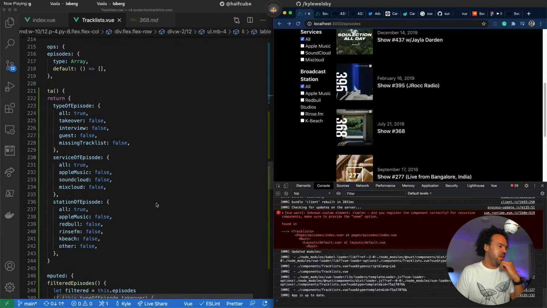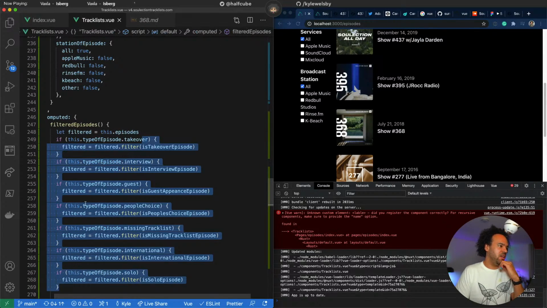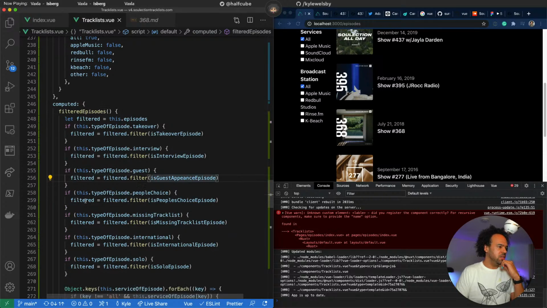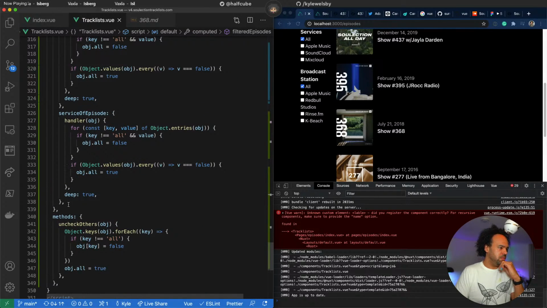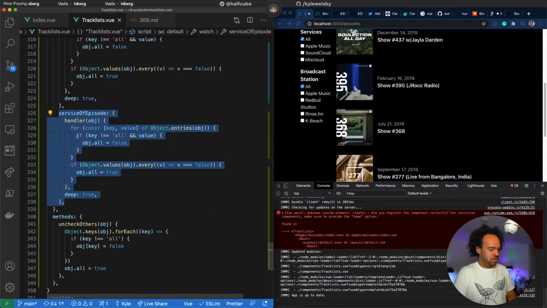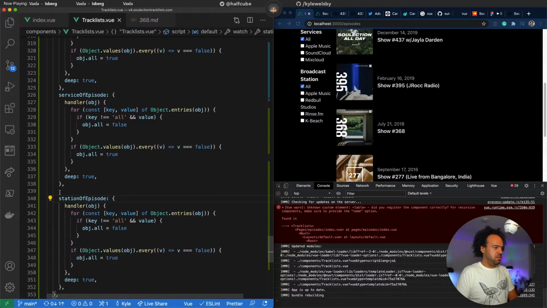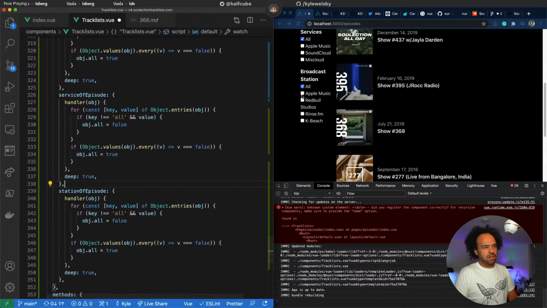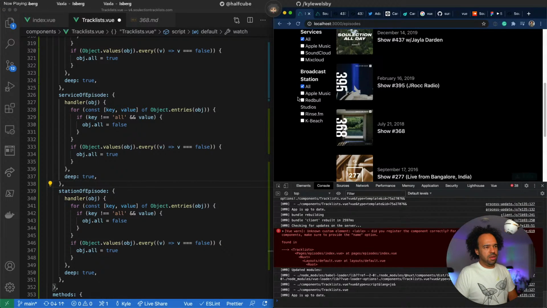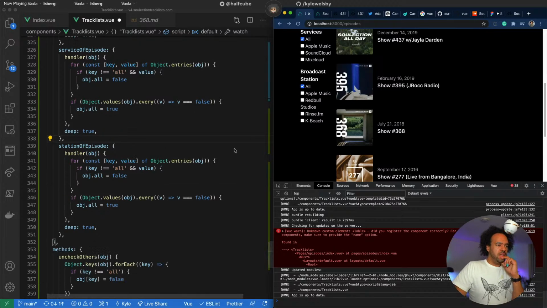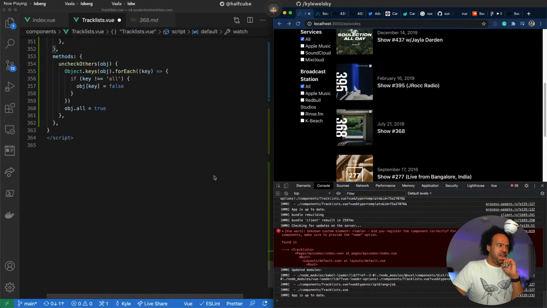And I need to put in that really, really hacky watcher. Station of episode, which handles this toggle. And I kind of want to put in accounts.